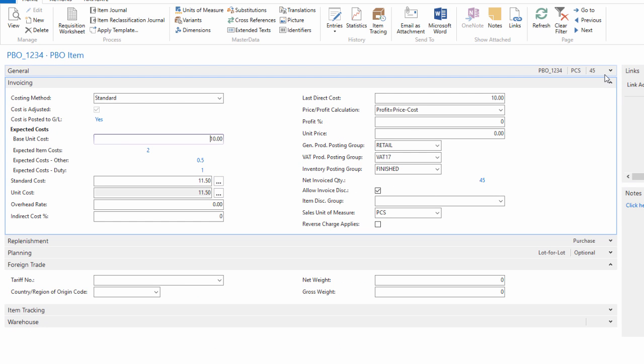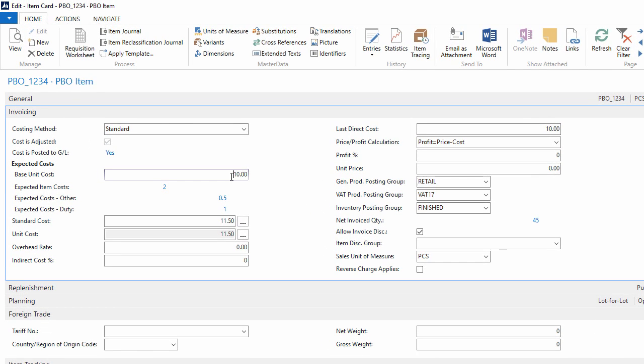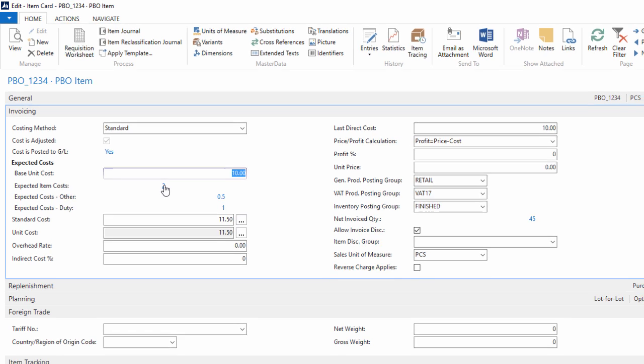Once we've set up our main features of the item card, we can then start applying the different types of costs. We have made a few changes to the item card itself. The base unit cost typically refers to the actual material costs, and then we have other fields where you can start applying the expected cost or the landed cost charges. Expected cost charges here just gives an overall indication of how many types of charges you have applied. In this case we have two. We have a specific field for other, which could be freight, and we also have a specific field for the duty as well. So all I'm going to do is drill onto my expected item costs,